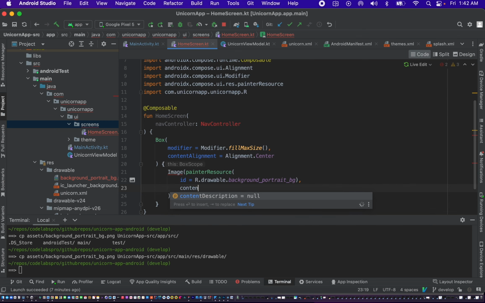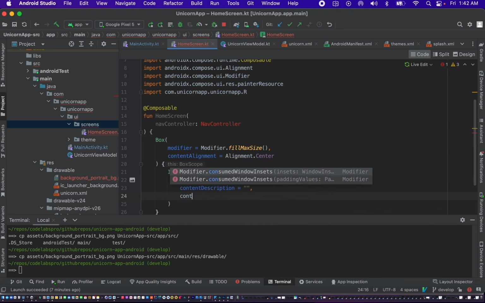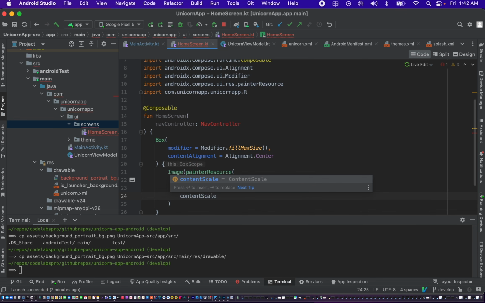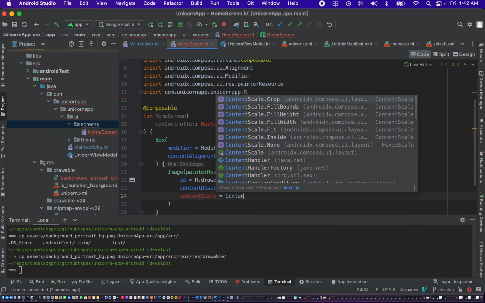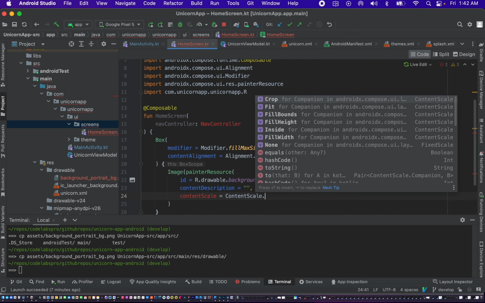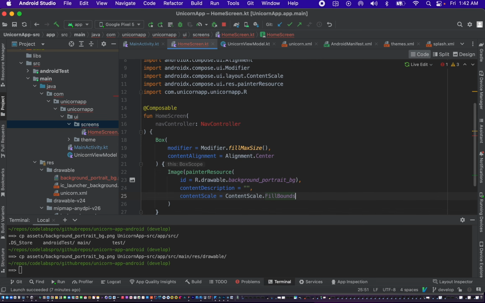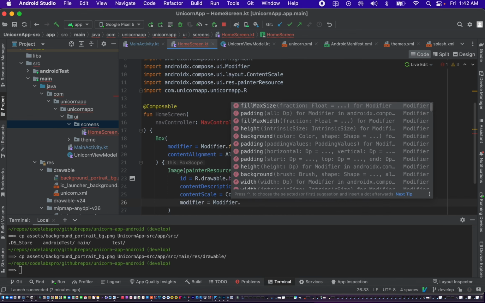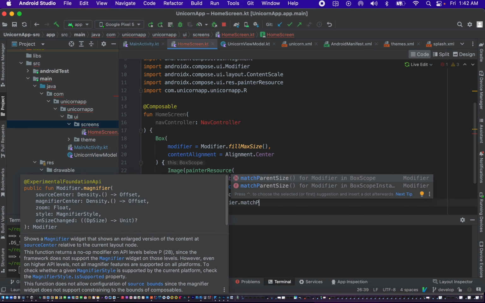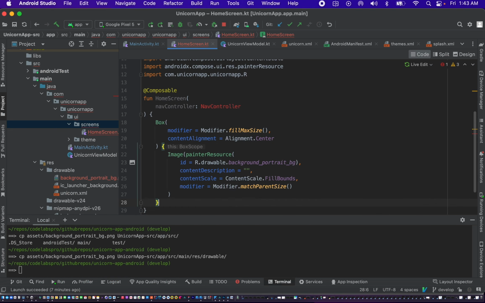add content description for accessibility, content scale, and we can set that to content scale dot fill bounds. We can set our modifier to match parent size, and